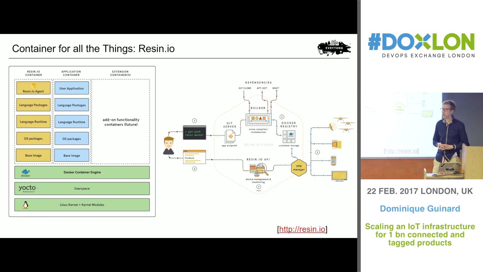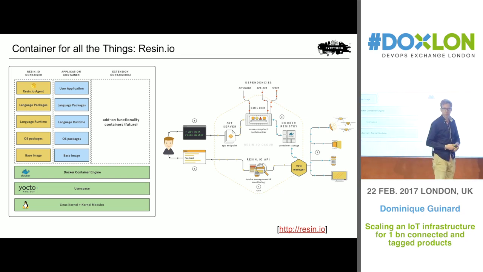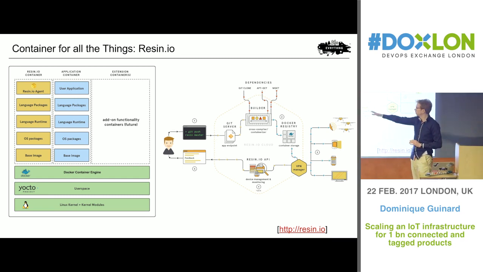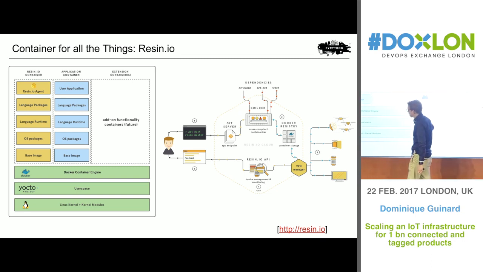One of them is called Resin.io. What Resin did is they took the concept of Docker containers and implemented it for embedded devices. They had to re-implement bits and pieces of Docker, and that's the picture on the left. Basically they made these modifications based on a base Linux called Yocto. Yocto is a great Linux for embedded devices. Then they deploy their own container alongside your application container.